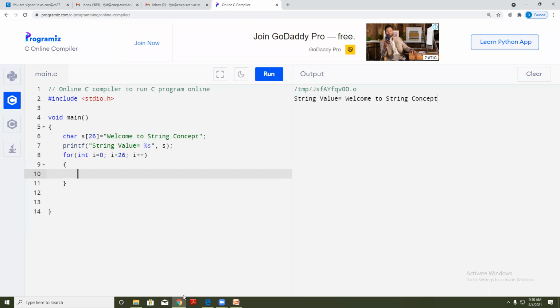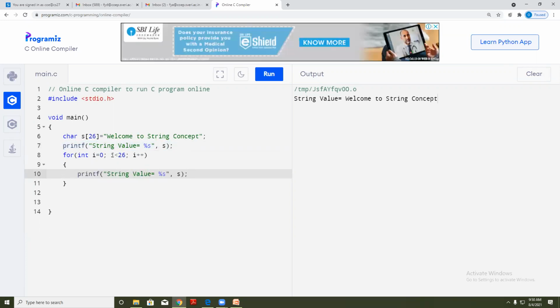Okay, so here I'm going to print the same statement, but now check, here I'm getting the value of a single character, so I will use %c. s of %d is equal to %c, and for %d I'm using the value of the i variable, that is from 0, s of 0.